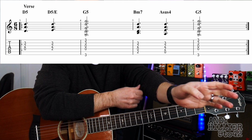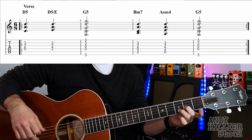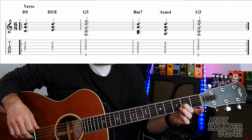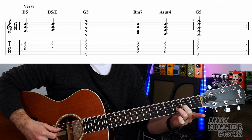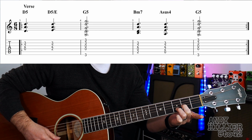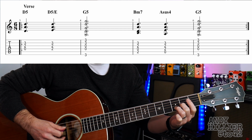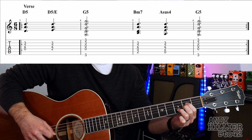On to the verse of the song. So it starts with this D5. I'm going to get you to play it with slightly different fingers. If you use your second finger on G2 and third finger on B3, just because of the next chord along, we play the D, G and B strings. The next chord along, we've got that same chord, but we just put our first finger on D2, and that's a D5/E. So you've got,